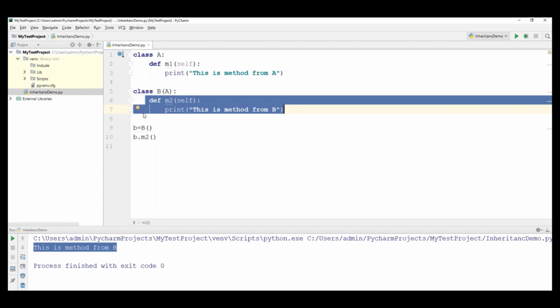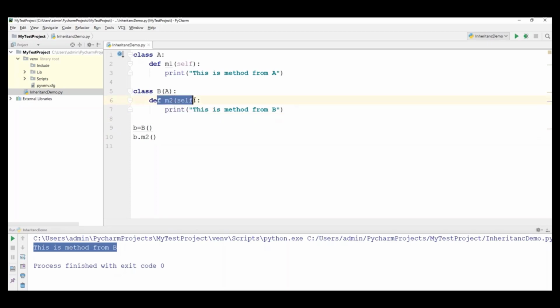Now, for example, in the m2 method, I want to call the m1 method from class A. The m2 method is present in class B, but inside m2 I want to call m1. So how do we invoke the parent class method? m1 is the parent class method and m2 is the child class method, and I want to invoke the parent class method from the child class method.